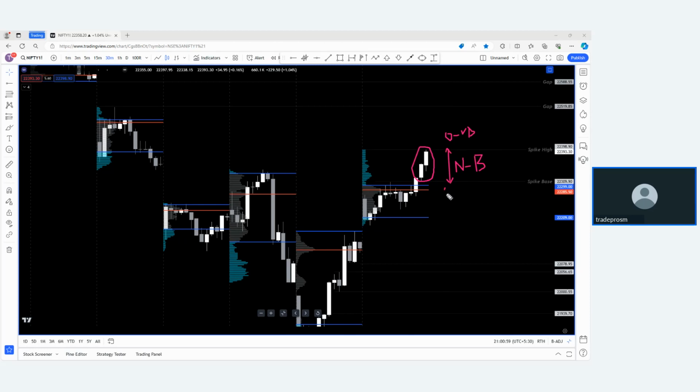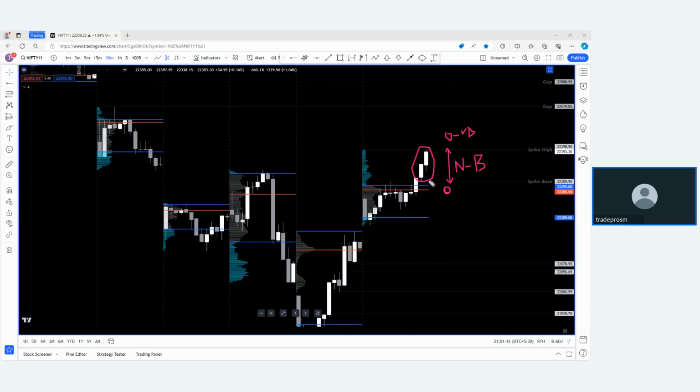Okay, reasons are not important. We don't want to find out the reason. We need to make money out of the market. Reasons, we will know it by the end of the day. Something might have happened. Due to whatever reasons, if the market opens below the spike base, then it is a bearish